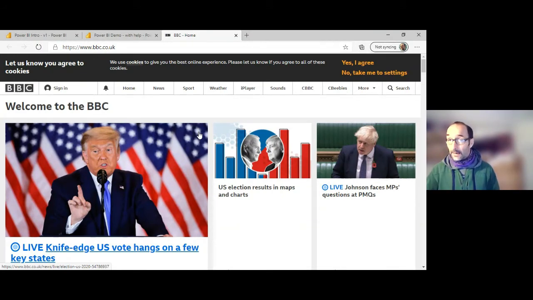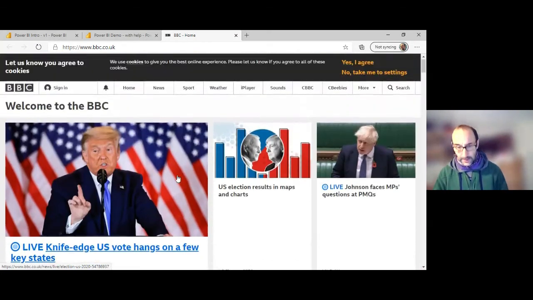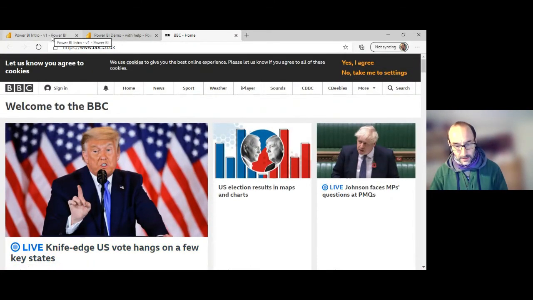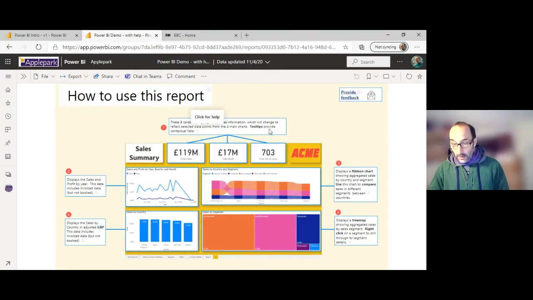But you could put a hyperlink on there which goes to a specific page on your SharePoint site or your intranet, etc., which gives you some more information. Let's just have a look. Oh yeah, US election. So each of these could be slightly different tooltips. And notice when I hover over, we've got a tooltip which says click for help. It's fairly simple, but they could all be separate ones.